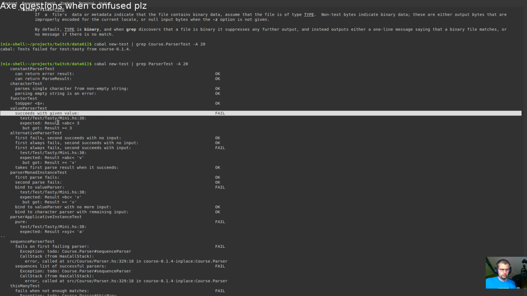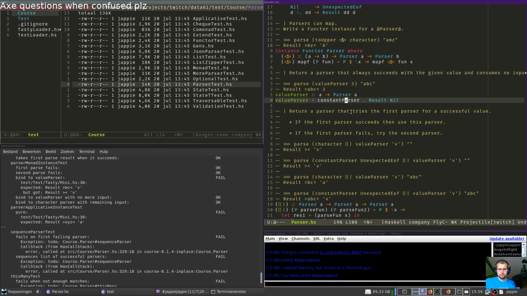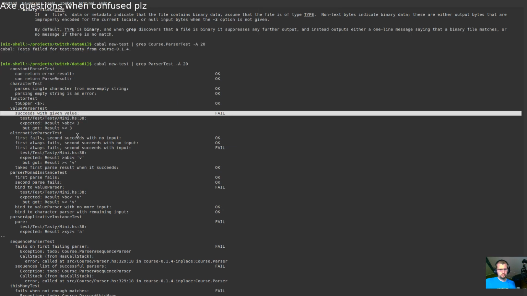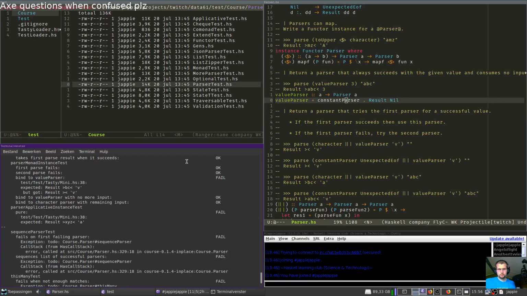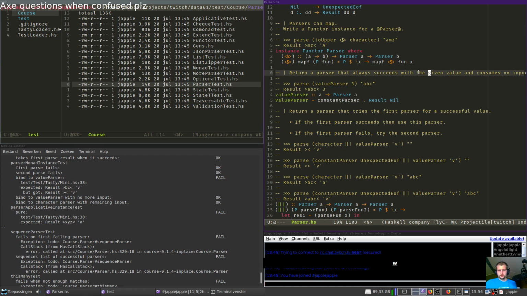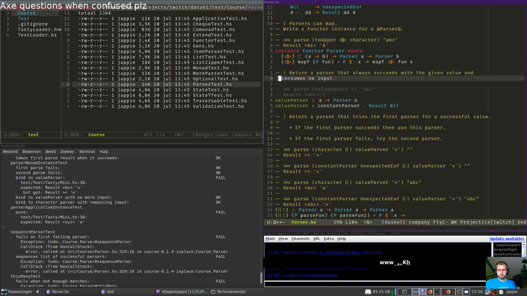Succeeds with the value. We got value result, nothing. Return a parser that always succeeds with a given value and consumes no input.